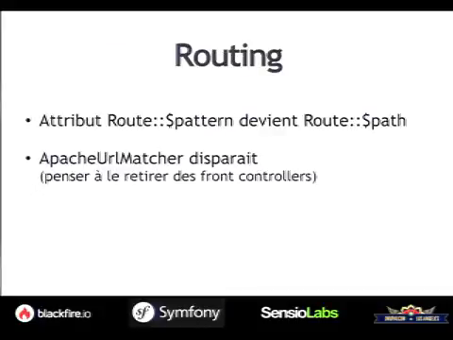Small changes in routing. We renamed pattern to path because it makes more sense. We also removed the specialized routing classes for Apache, and the goal was to make routing faster when you are using Apache. But at some point we realized that those classes actually made the routing slower instead of faster, because of caching problems and so on. So they are removed from Symfony 3.0.